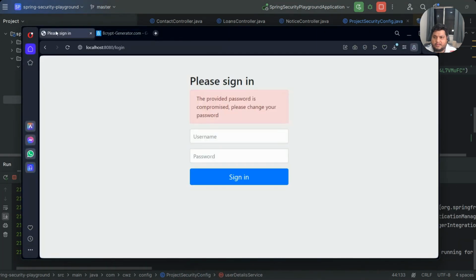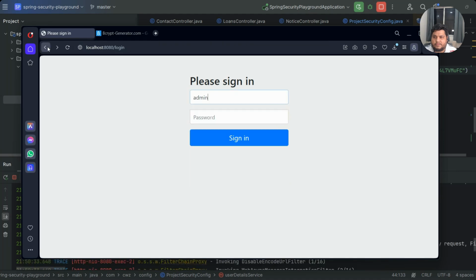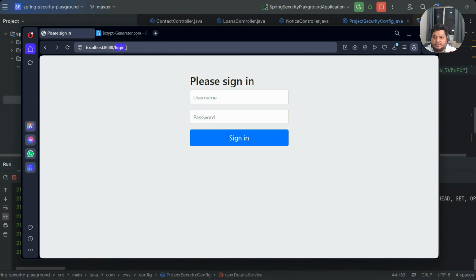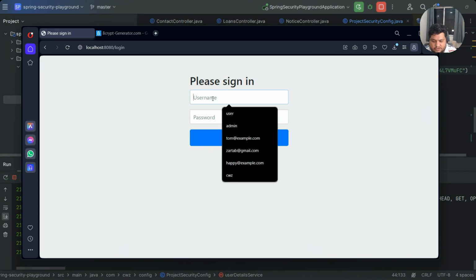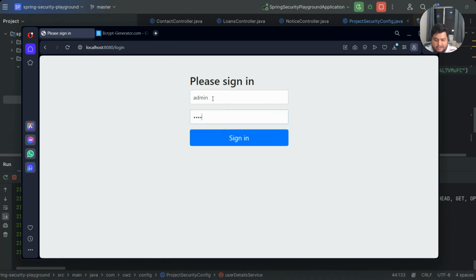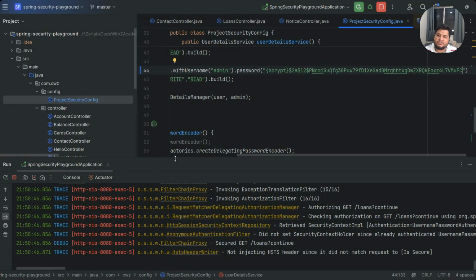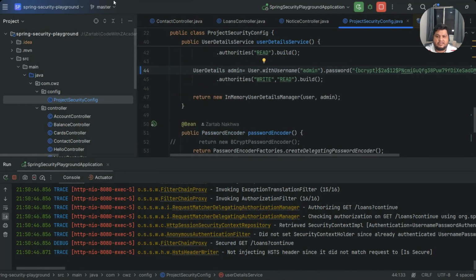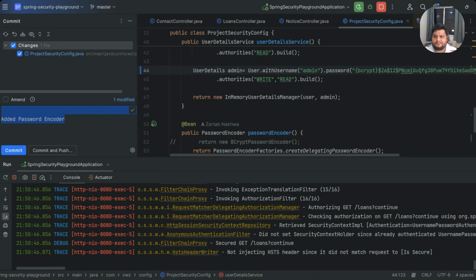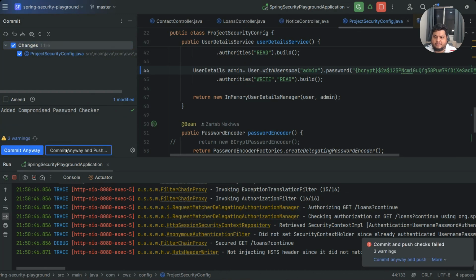Okay. Go back. If I say for loans, it is asking me to sign in. So I say admin, and it was codewithZ@12345. Now it is allowing me to log in. Very good feature. And we have reached a point where we have now added the compromised password checker. We have added the compromised password